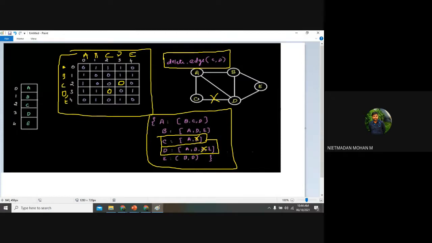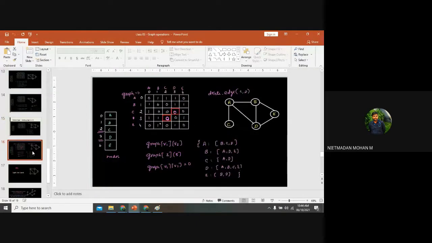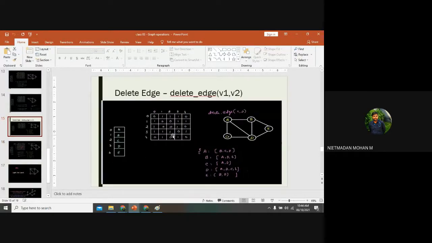Only the edge that we are going to delete from one vertex to another vertex, that particular correction will happen in the matrix as well as the list. That is the thing for deleting an edge. So this will be applicable for all the structures: a directed graph, undirected graph, and weighted graph, all the structures will be the same like this. The matrix representation will not be changed. Inside the matrix, the values will be changed for this particular deleted edge between two vertices. That is the thing.